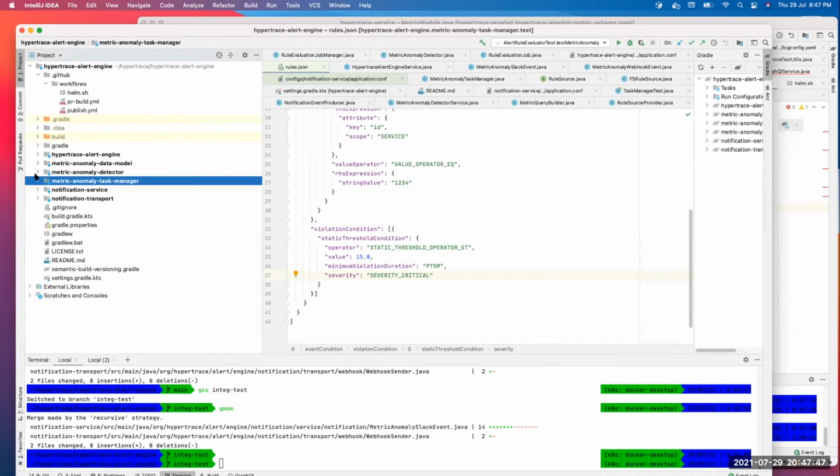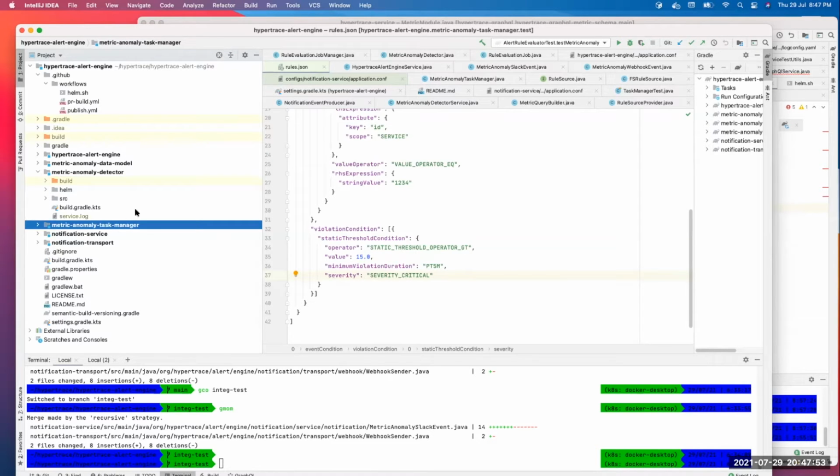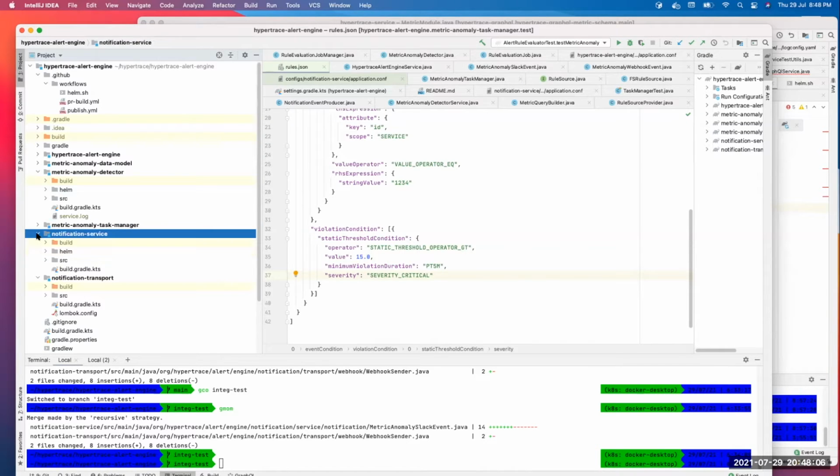This rule part will basically create a message on a Kafka topic, which will be up for consumption by the actual detector, which does the evaluation by querying the data from Pinot. And then lastly, we have the notification service, which is going to send out the notification on whatever destination you have chosen.